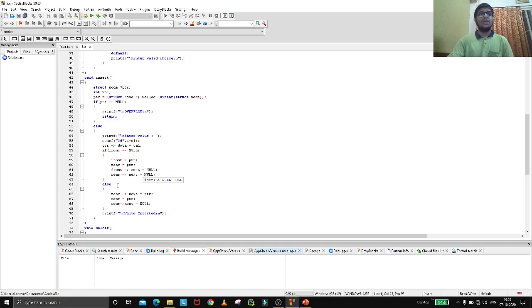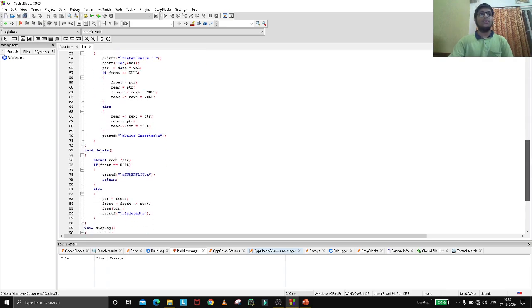Now if front is not null, then you have to give rear's next equal to ptr, and rear should be equal to ptr, and rear's next equal to null. Basically you are assigning another node for assigning null and ptr data. So if it happens, the value is inserted.